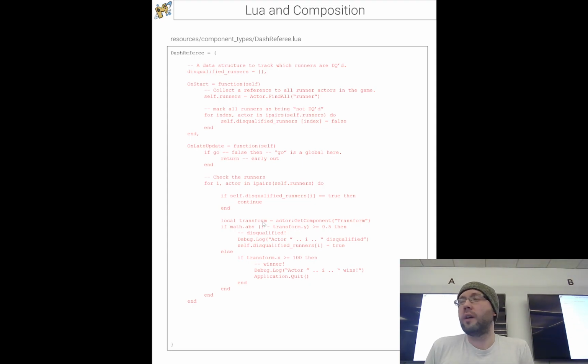After we know, and this is kind of an early out if you think about it, it's very explicit. It's pretty nice. After we know we have a valid runner who's not disqualified, we can look at that runner's transform component, and